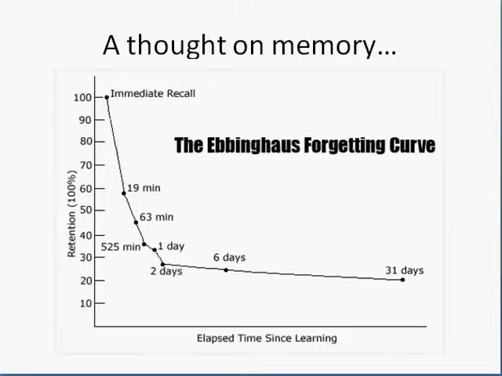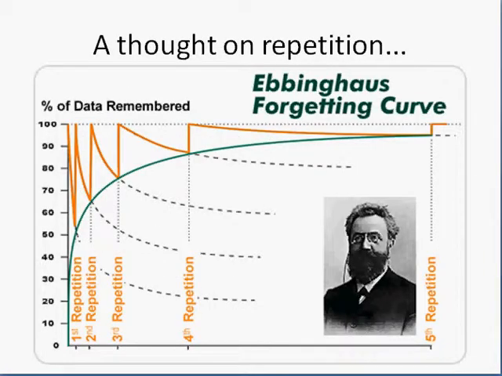But what he did also do is he said, look, if you do repetition, then you can overcome this forgetting. And he came up with this little model which says, look, if you do a single repetition, you will stop the fall off in your knowledge. If you do another one, you take it up, up, up, up. More repetitions that you do, well, guess what? You can basically remember 100% of anything if you do the right number of repetitions for what you're doing.